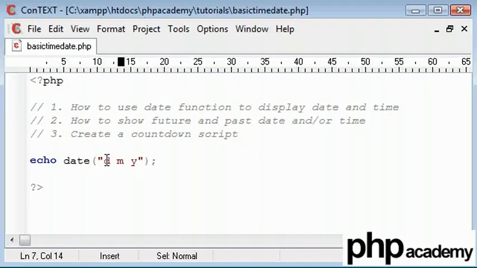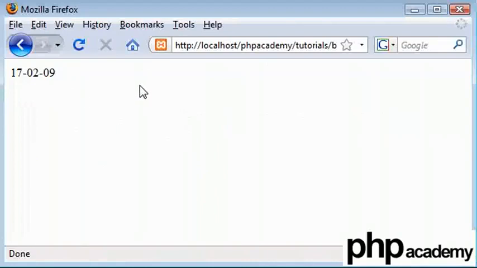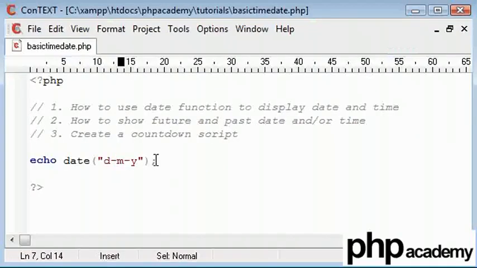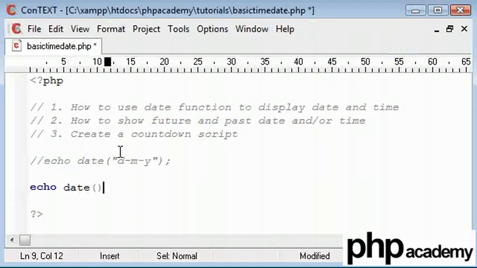Okay, so now we've got our day, our month and our year. We can use separators however we want. So for example, I'm going to be using hyphen separators to separate this, and our date is going to look like that, and that is the current date. Now for the time, let's just get rid of that for now. I am going to say echo out, and again using the date function like I mentioned before, and I'm going